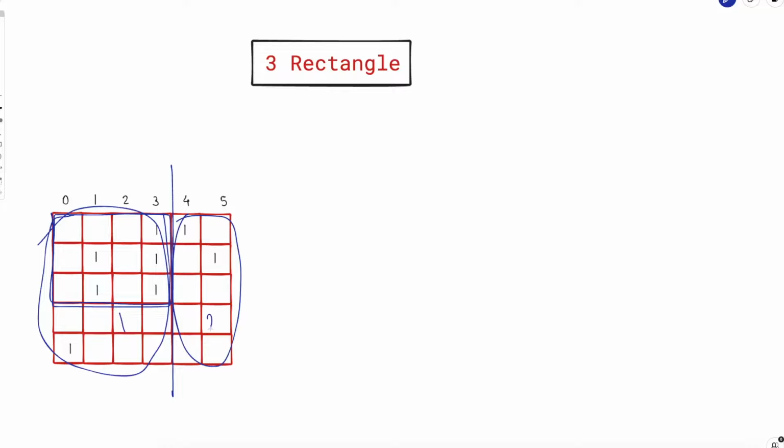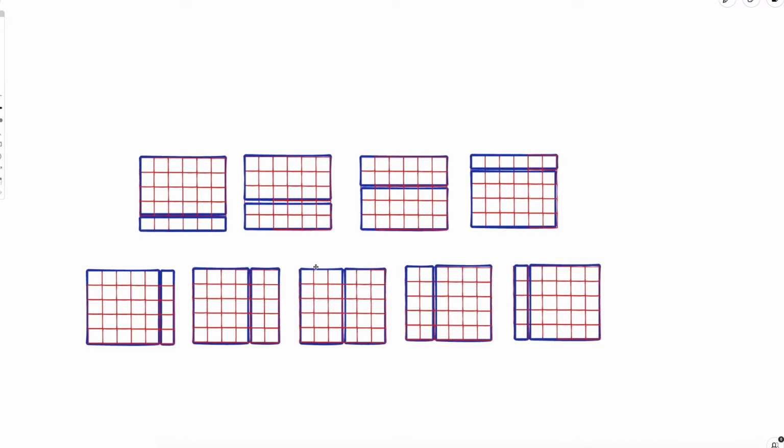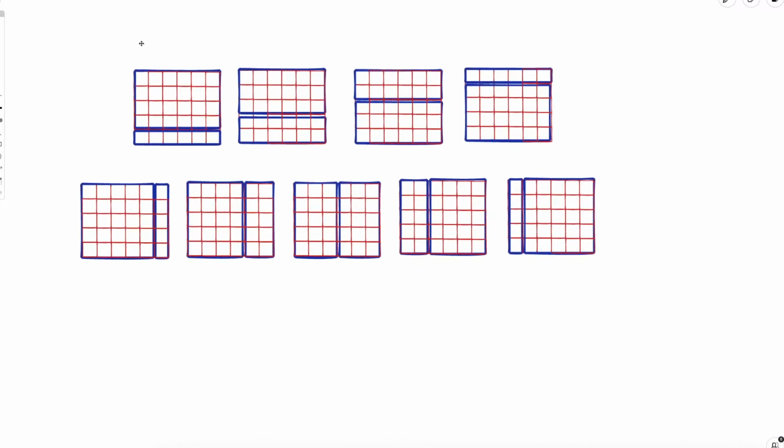Give me the minimum area of two rectangles that can cover this entire thing. You can try this out for all possible horizontal and vertical partitioning and you will be done. In other words, we can simply try out all possible horizontal and vertical partitioning and we can say, okay, give me the minimum area of the two rectangles that can cover all the ones here, minimum area of one rectangle